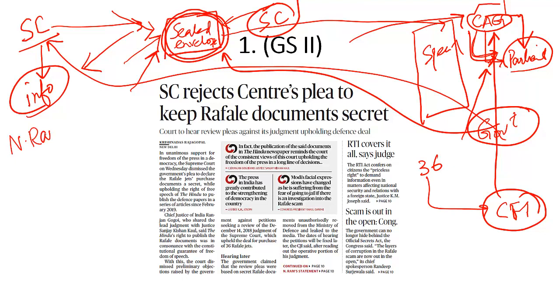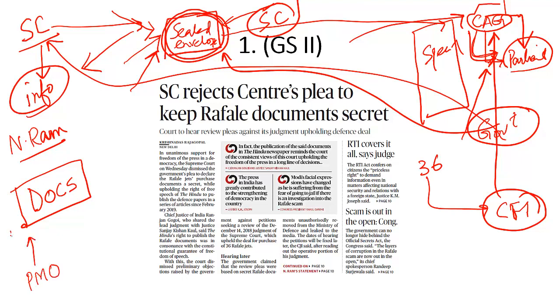Ram in the Hindu newspaper, wherein N. Ram argues that there are documents which N. Ram has accessed, and through these documents we can safely assume that there is an element of corruption in the Rafale deal. N. Ram cites that there was one communication between the Prime Minister's office and Dassault and the French government, and there was a parallel deal going on between the Defense Ministry and the French government or the Dassault.